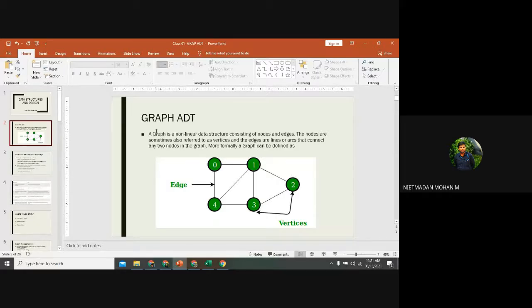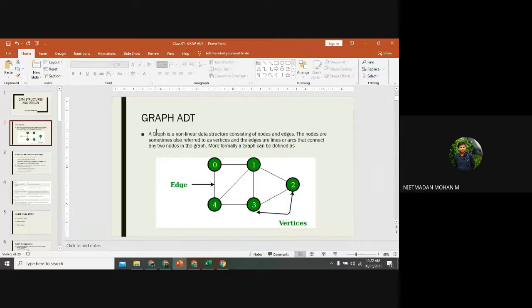In the previous class we discussed the M-way search tree, the algorithm of the M-way search tree, and how to arrange elements in an M-way search tree. And when comparing it to the binary search tree, how the M-way search tree differs, we discussed in the theory part. When you are writing those things, you can write in your own words and describe them.